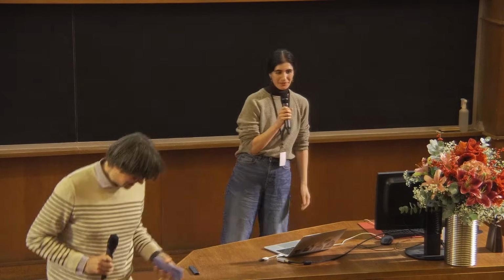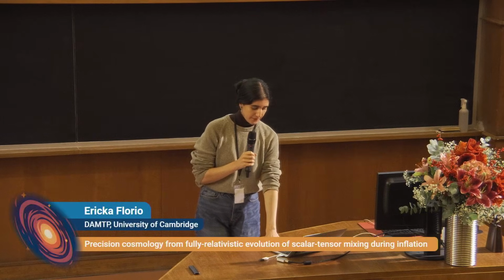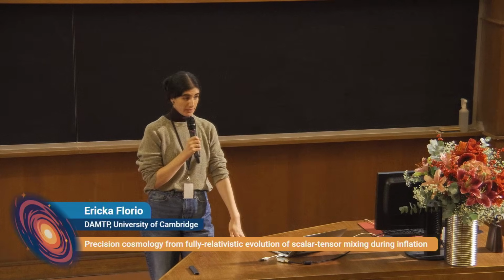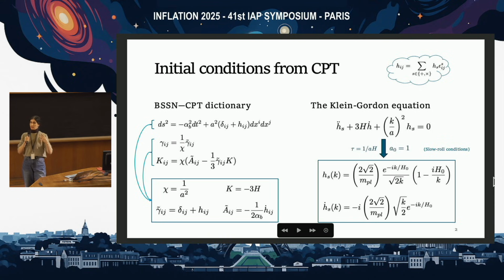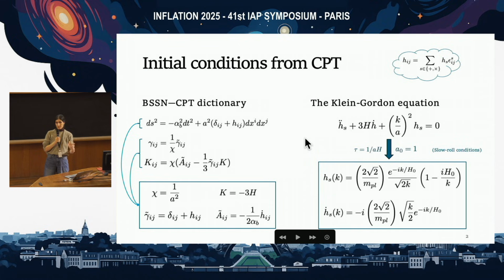Thank you. Hi, everyone. I'm Erika, a final year PhD student at Cambridge, and here I will present the results of my most recent publication. Now, the name of the game here is to initialize a stochastic gravitational wave background within a numerical relativity simulation, and to see if evolving these gravitational waves with full NR induces some kind of non-Gaussianity in the final signal that we recover. So we started off by making a mapping between the perturbative FLRW metric with tensor perturbations in, and the fully relativistic variables, which we evolve on our computer, which are this gamma and the K here. This mapping will allow us to do our initialization and also to extract variables in the linear regime.